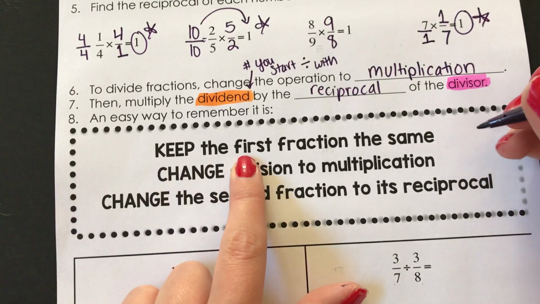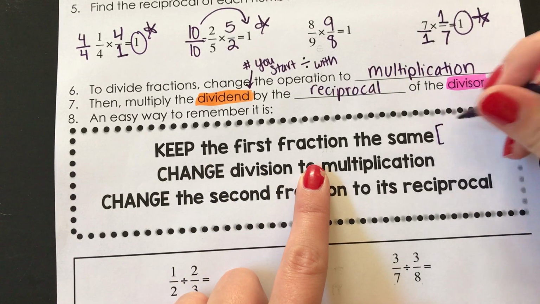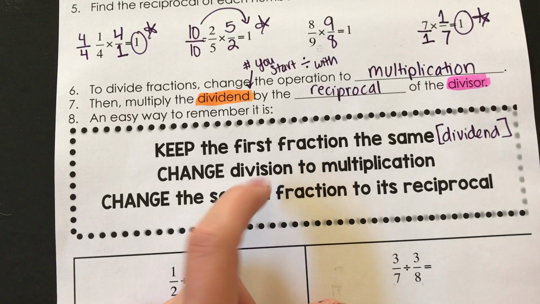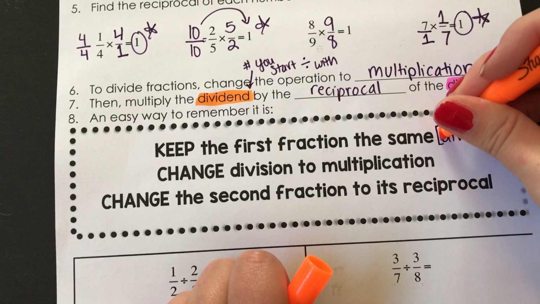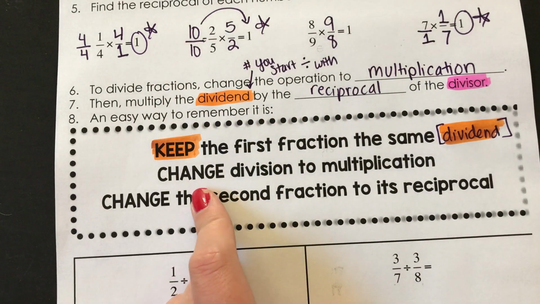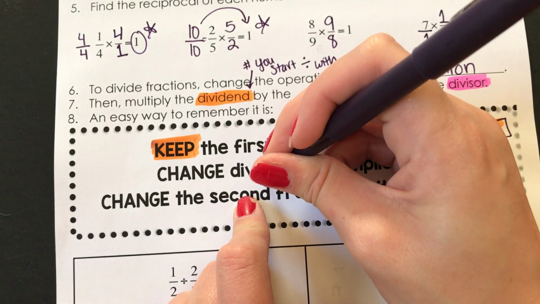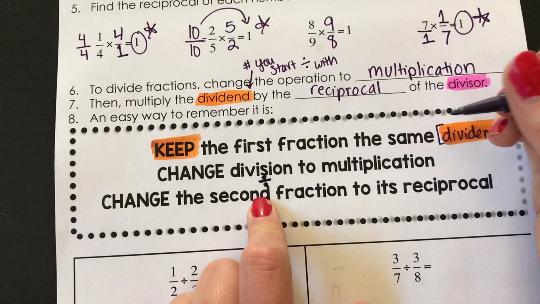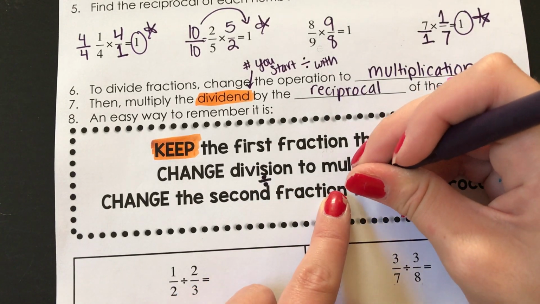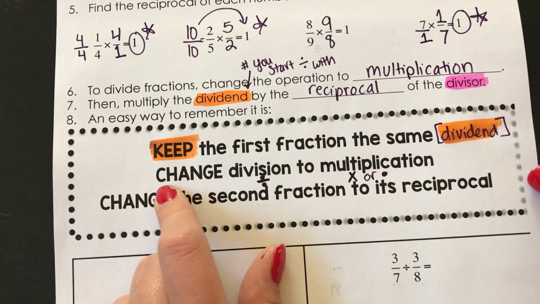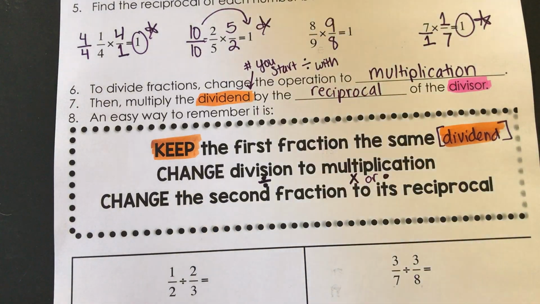to remember. We keep the first fraction the same, that is the dividend. We keep that one the same. You keep, then you change the division sign. It's going to have a division sign. Sorry, mine's a little sloppy, but we'll make it a little better. To multiplication. It could be the X or it could be the dot representing multiplication. You're going to keep, then you're going to change. Keep,